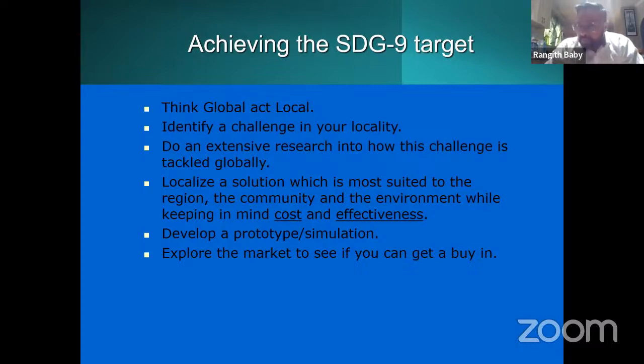Then developing a prototype or a simulation, and finally exploring the market to see if you can get a buy-in. So this is almost like a blueprint that has been proposed, and that one which we abided by to set about achieving one of the targets in the SDG goals, right? So now we are going to look at how we got into SDG 9 and how we try to implement